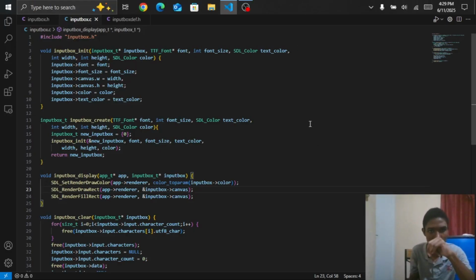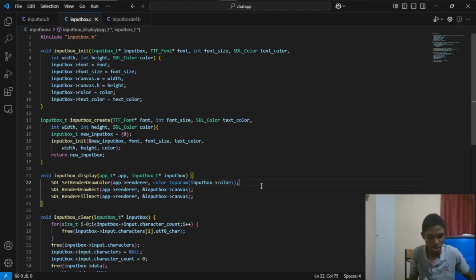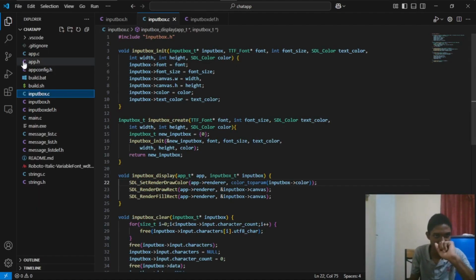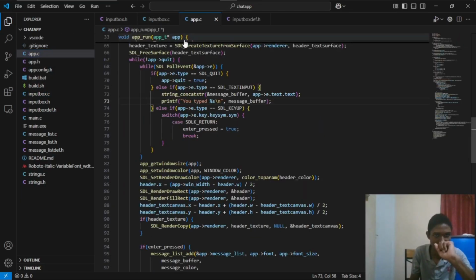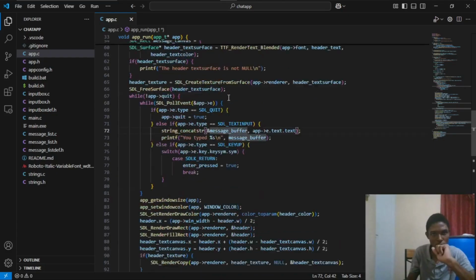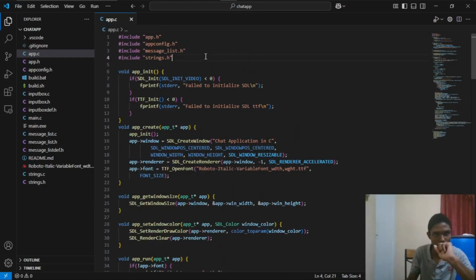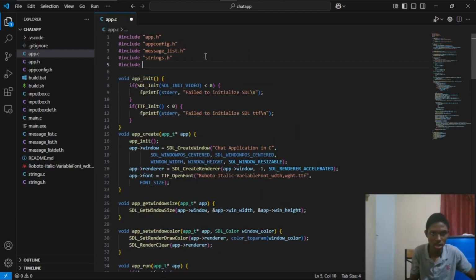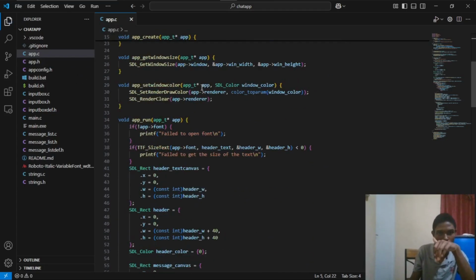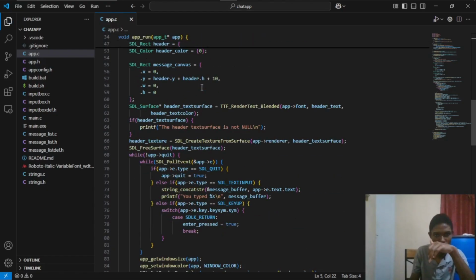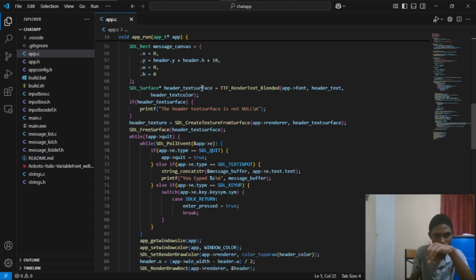Alright guys, so now that we have done that, let's try and test out our input box system. So let's go over to our app.c. Let's close all of these open input box files for now. And up the top, we're gonna include our input box .h header file. Now, in our up underscore run function,